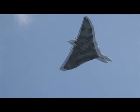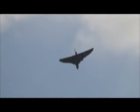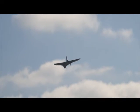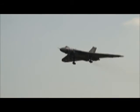One member of the crew that I haven't mentioned is Kevin Stone, Tap Stone. He's the crew chief, the chief engineer, the man who thinks of her as my baby. 558 is my baby. He was 25 years in the Air Force. He left to work here now. And wait for the sound as those Bristol Olympus engines